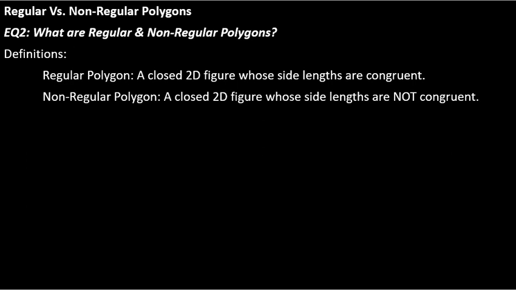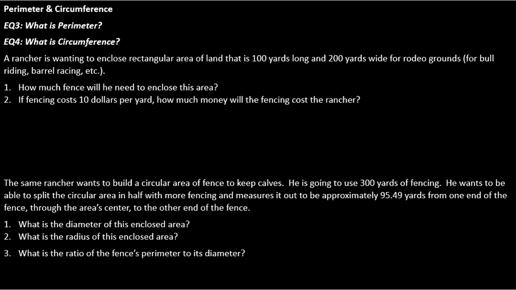So let's go ahead and get into EQ2. For EQ2, this is very, very simple. What are regular polygons? Well, basically, they're just polygons. Here's your definition of just the word polygon, right? Closed two-dimensional figure. That is literally a polygon. Anyway, a regular polygon is a polygon whose side lengths are congruent. A non-regular polygon is a polygon whose side lengths are not congruent. Okay, so very simple. And if you need to just pause this and write that down, do whatever you're going